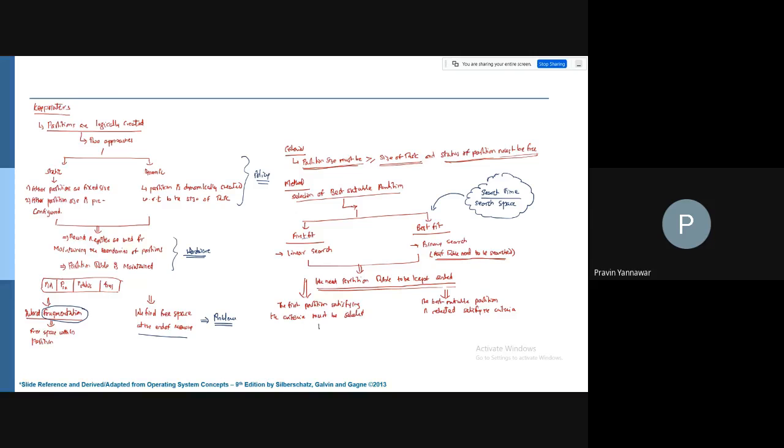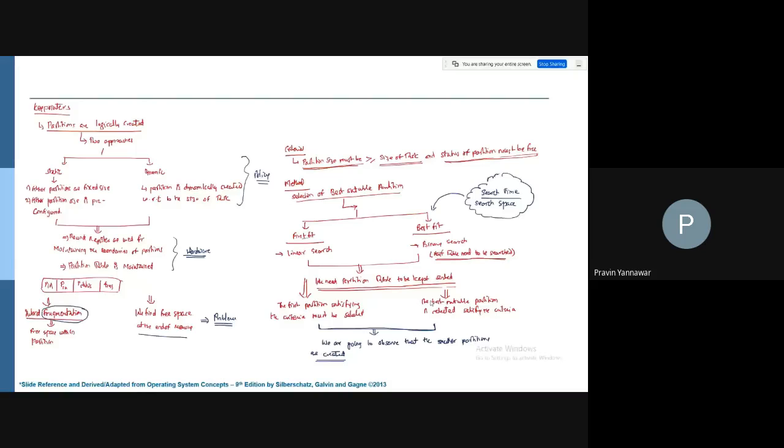Now the basic common problem with both methods, first fit or best fit, is that smaller partitions are created, right?